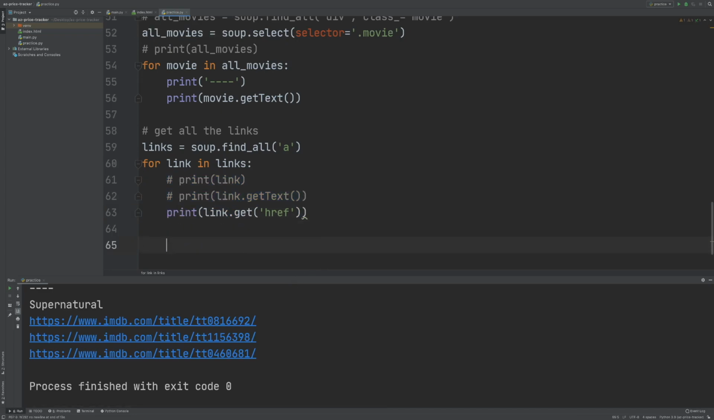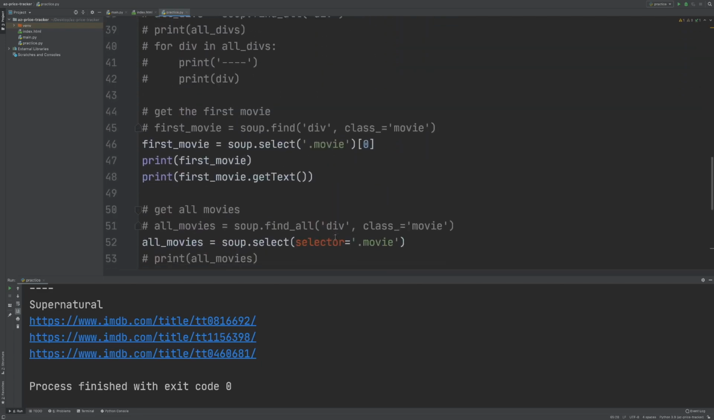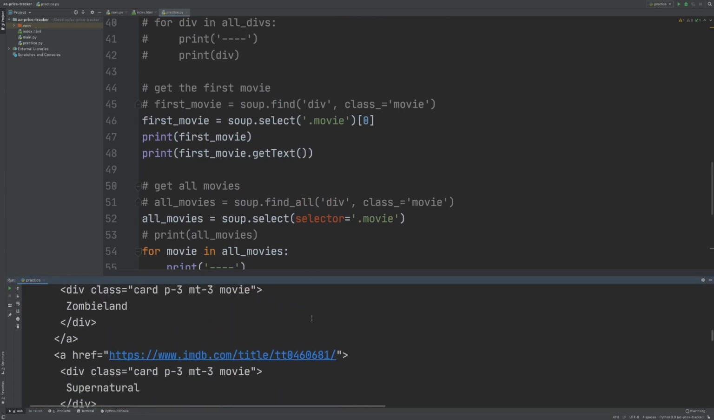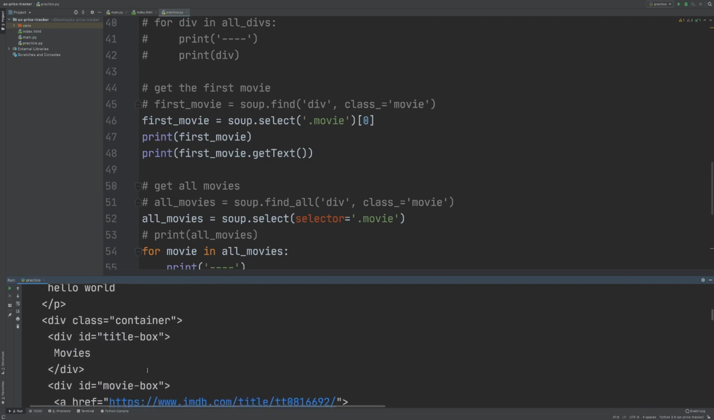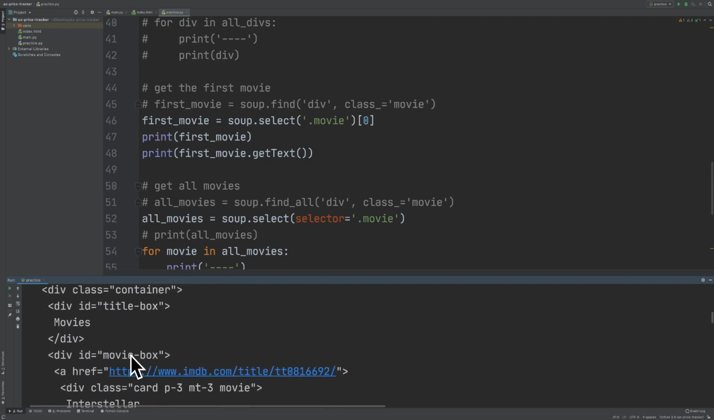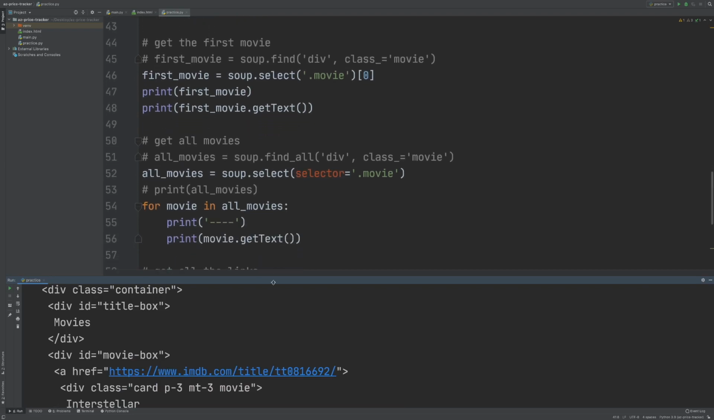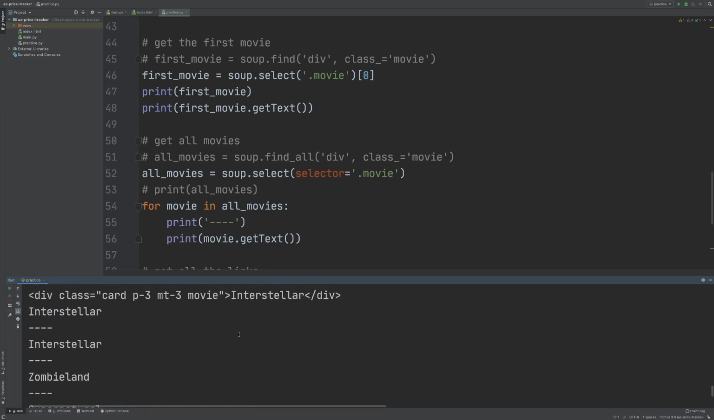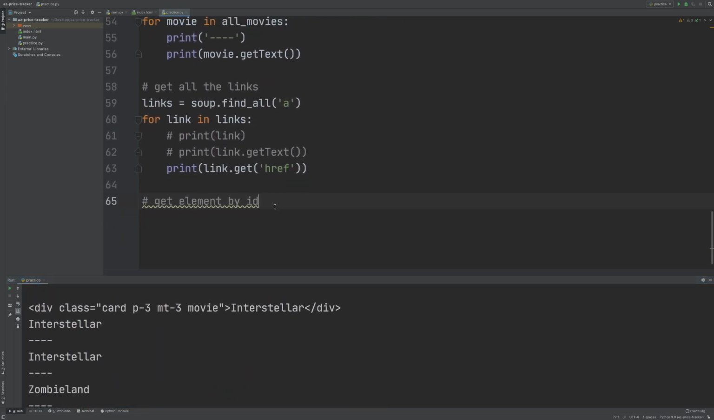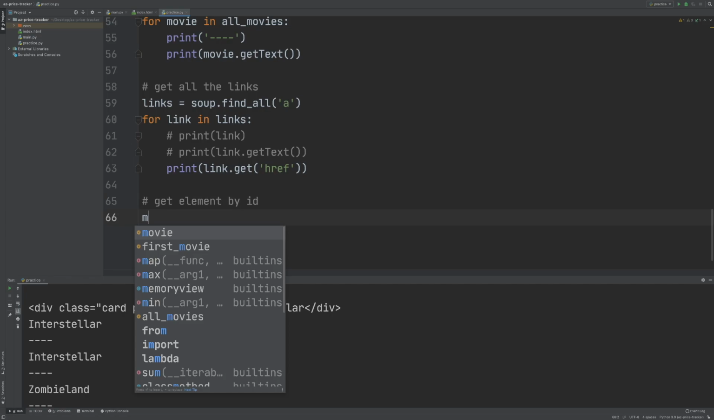So let's also get something by ID. So let me write a comment, get element by ID, and we have a movie box. So if we scroll to the top, in the container we have a movie box. Okay, so let's grab this movie box. So in order to do that, I'm going to create another variable called movie box, for example,